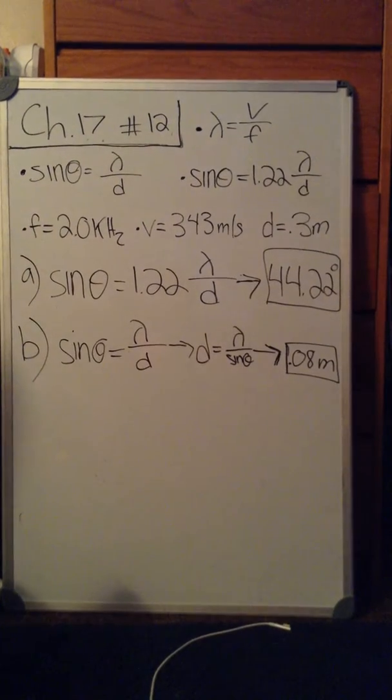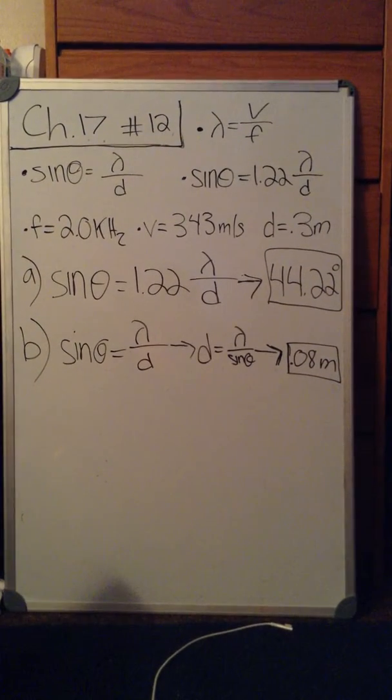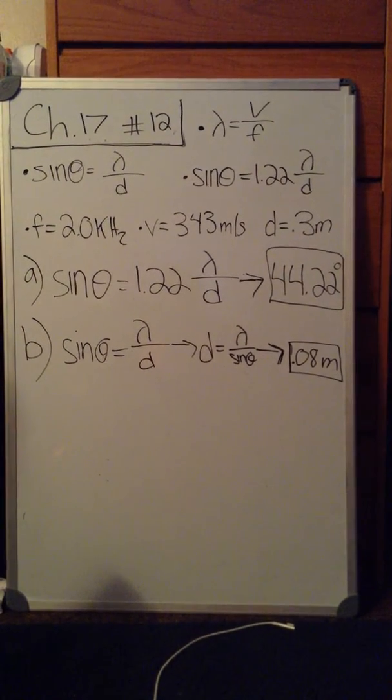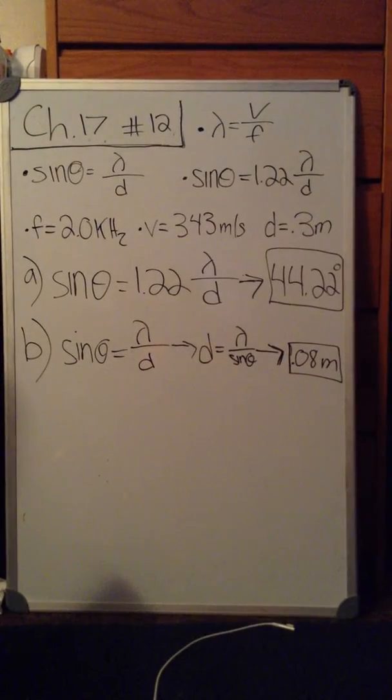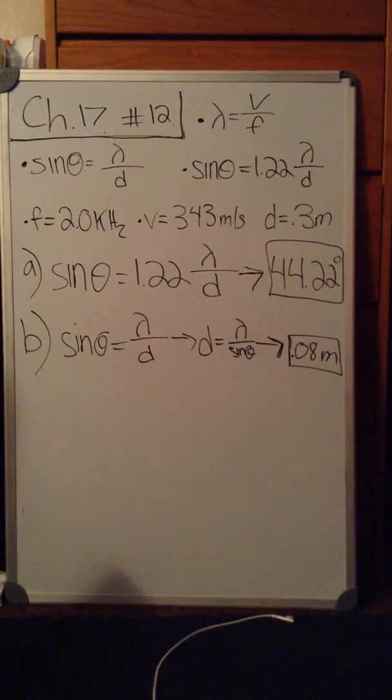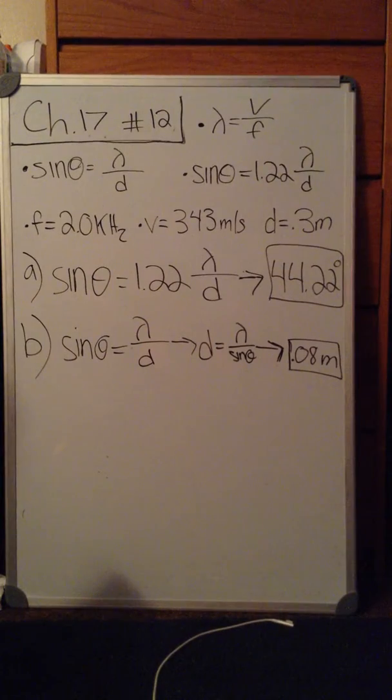This is problem 12 from chapter 17. The problem reads, consult Multiple-Concept Example 3 for background pertinent to this problem. A speaker has a diameter of 0.3 meters. Assuming that the speed of sound is 343 meters per second, find the diffraction angle theta for a 2 kilohertz